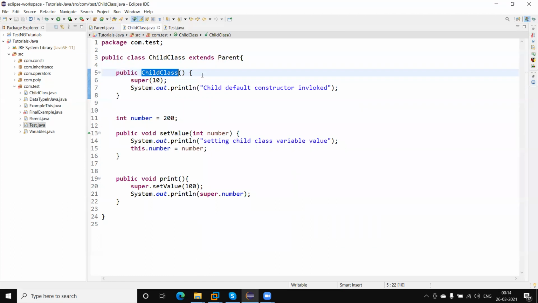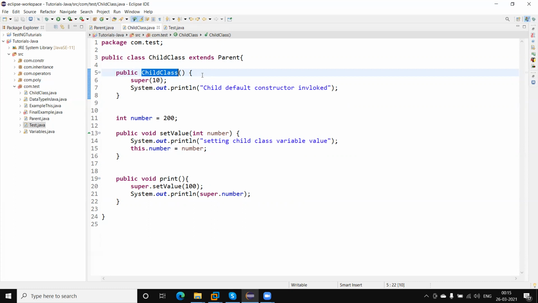So what did you learn here today? You learned the use of the super keyword. The super keyword is a reference variable which is used to refer to the immediate parent class object. Second, where do we use the super keyword? We can use it with variables, methods, as well as constructors. If we want to call the parent class variable, we can use super dot variable name, which will call the immediate parent class variable. Similarly, we can call the method by using super dot method name, the parent class method name.